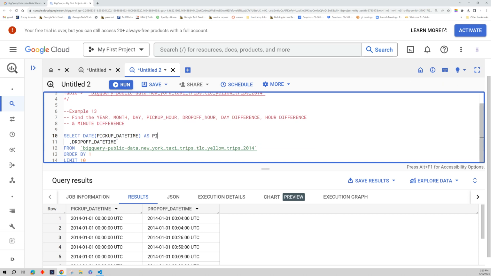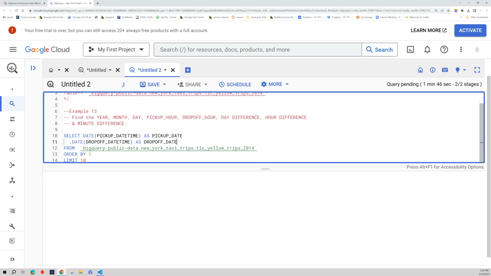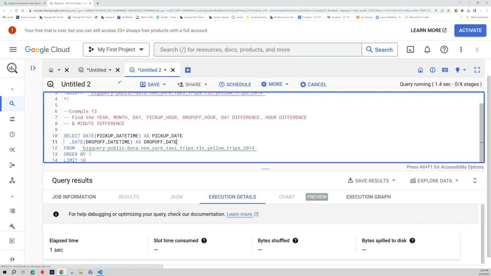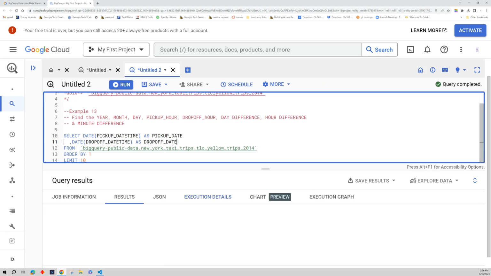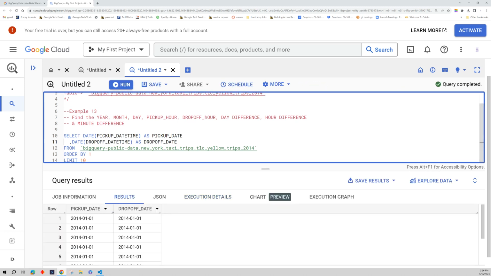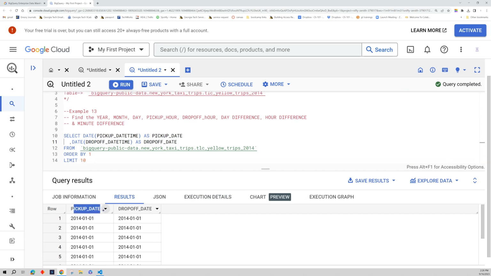We're going to do pickup date because we're cutting off the time, so that feels like a good name for it. And then we'll do the same thing here, date drop off as drop off date. And so when I run this, we see that the pickup date and the drop-off date, we've gotten rid of all of the